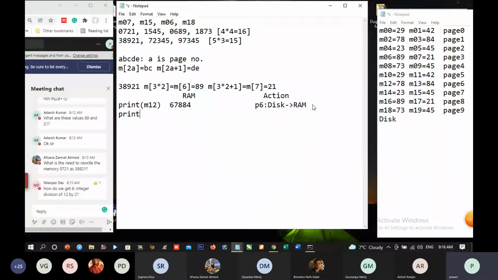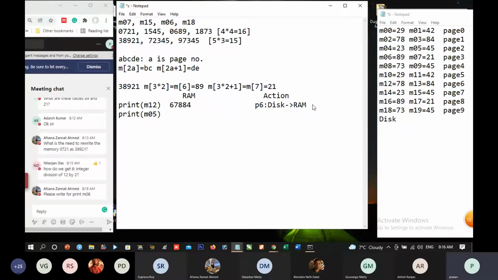We want to print M4. M5 will basically mean 5 by 2. In the RAM, this was already there. Page number 2 will be transferred from disk to RAM.